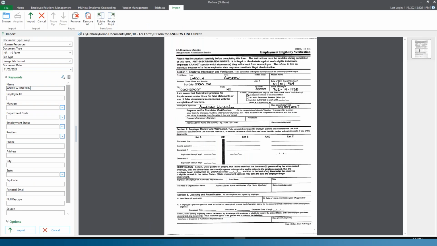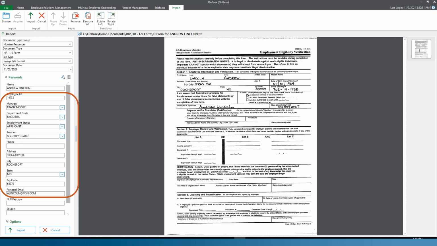So, a very quick screenshot demo here. I'm just indexing an I-9 form document. The user is still going to be importing this document into the system. This works anytime that I'm indexing a document where I can enter one key piece of information, in this case, the employee name. When I tab off of that field, that autofill keyword set, whether I'm querying internal to OnBase or external, is going to return back all of the rest of the information for Andrew Lincoln in this particular case and fill in all those keywords for me.